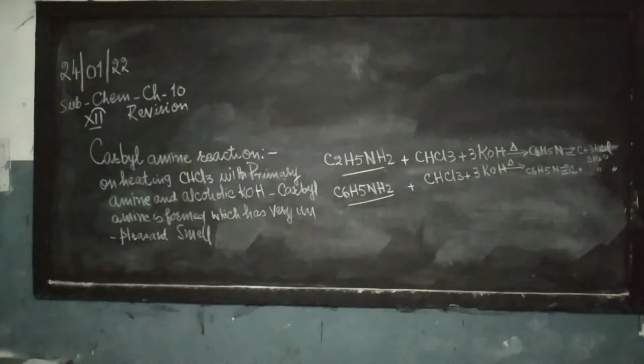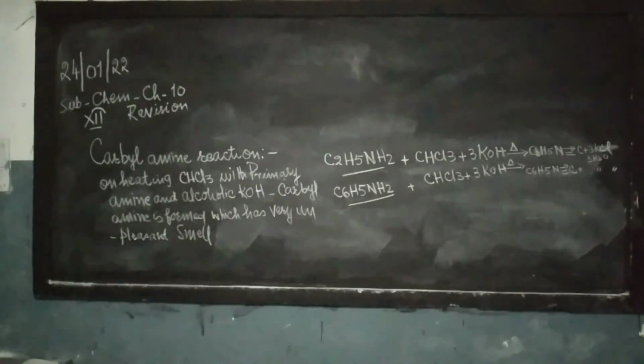If we take Br instead of Cl, then the corresponding reagent is CuBr, and on the arrow you write HBr. So what will we get here? Simply bromobenzene, C6H5Br, plus CuBr plus N2. So this is your Sandmeyer reaction.